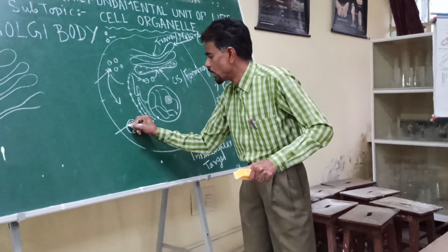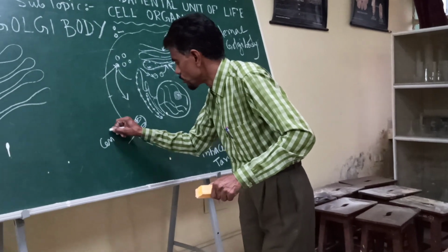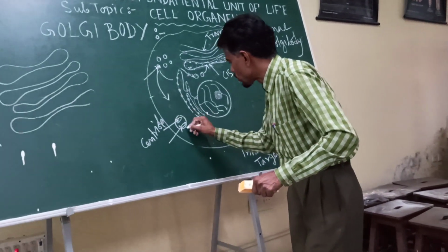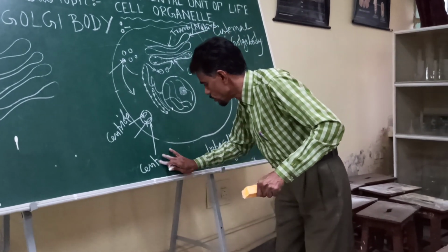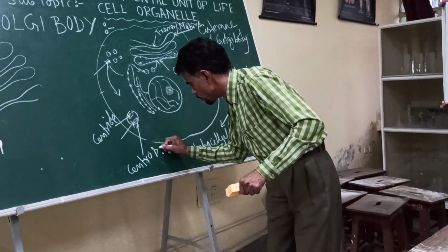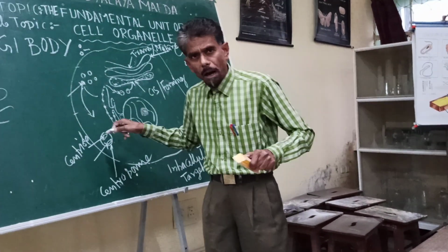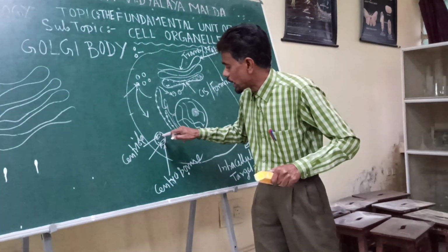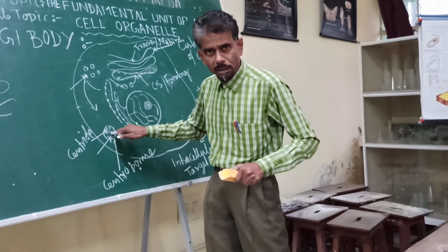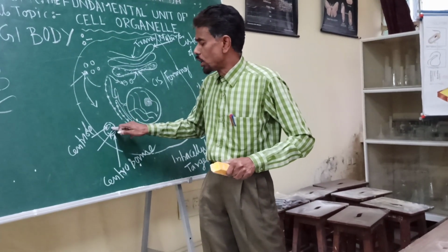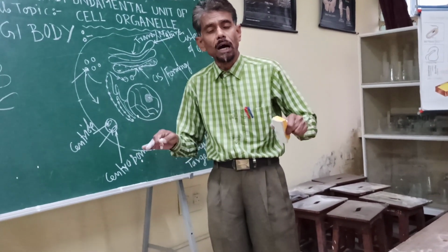These are called centriole. This tubular structure is called centriole. And this structure is called centrosome. Each centrosome contains two such tubular centrioles. They are perpendicular in position to each other, and this centriole-containing centrosome is very important during the process of